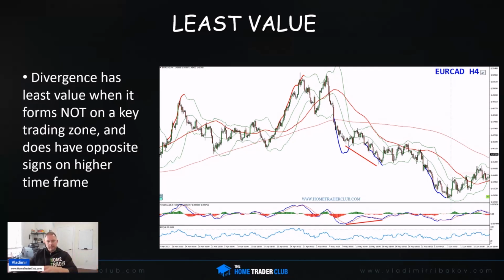opposite signs on higher time frame. So this is a 4-hour chart. Take a look, okay? Bullish divergence. We cannot argue with that. Clean sequence, lower highs, lower lows. But where it happens? This is a broken support. Now it's a resistance,